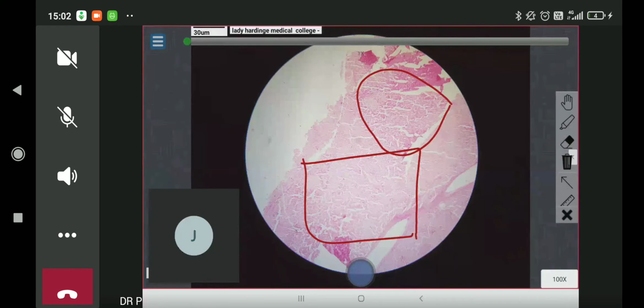What all will you do to confirm whether this is any kind of proteinaceous deposit? Is it fibrin? Is it glycogen? Or is it amyloid? What would you like to do?